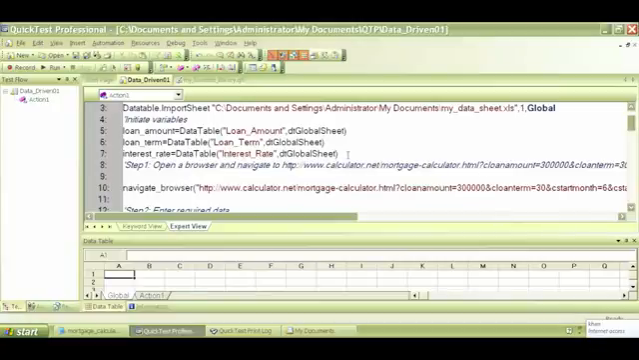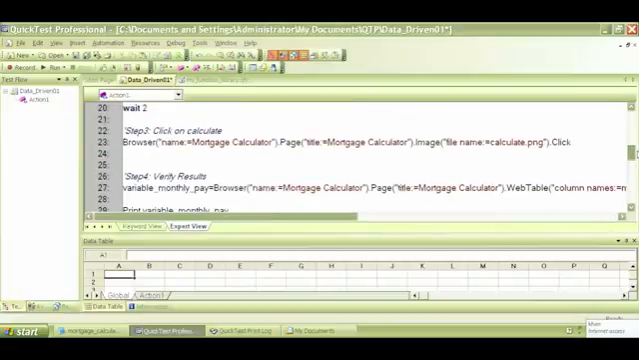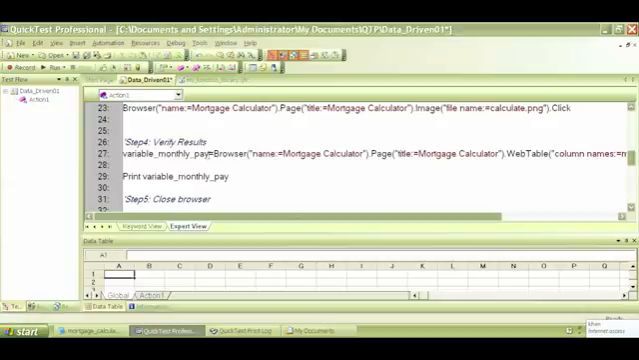Then we're going to initiate another variable called monthly expected result, which is equal to, and we'll copy this. This time the column name is monthly payment, right? So we have a variable called monthly payment, which is capturing the results. This variable is capturing the monthly payment results. Now, what we'll do instead of printing is we'll say